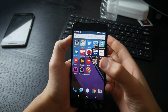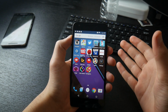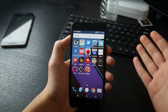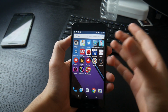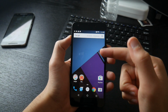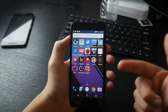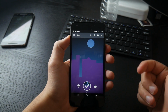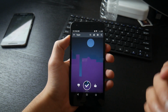Now, if you're like me, you get really tired of your background and your wallpaper within a week or a couple weeks, and you constantly want to change it, and you're constantly looking for new backgrounds and wallpaper. Now, I also love the flat and modern backgrounds that Android Marshmallow has provided to us, but there's only maybe about 5 or 6 wallpapers in that category. So there's an app called Tap It that'll allow you to customize and create some really nice flat looking backgrounds that are nice and colorful, and you'll be able to design them and customize them to your own color